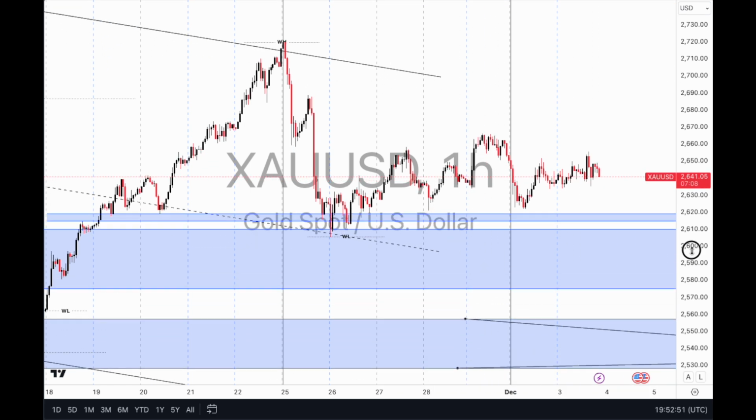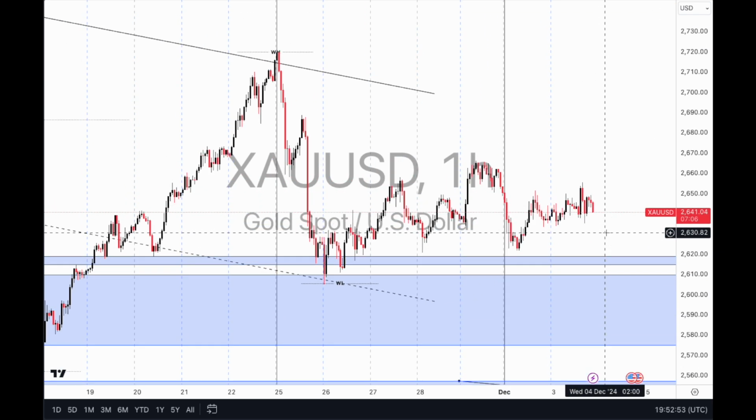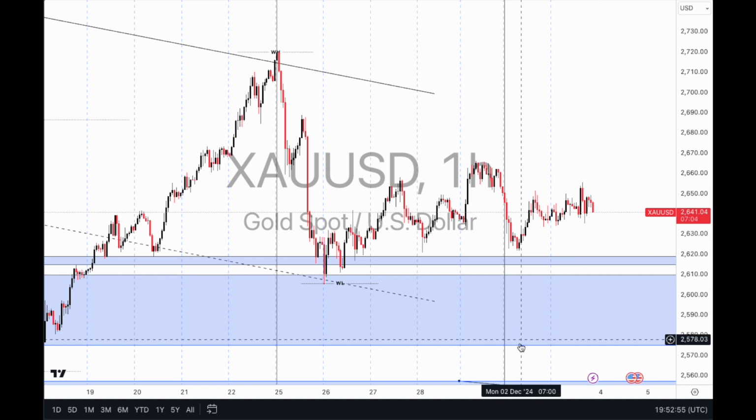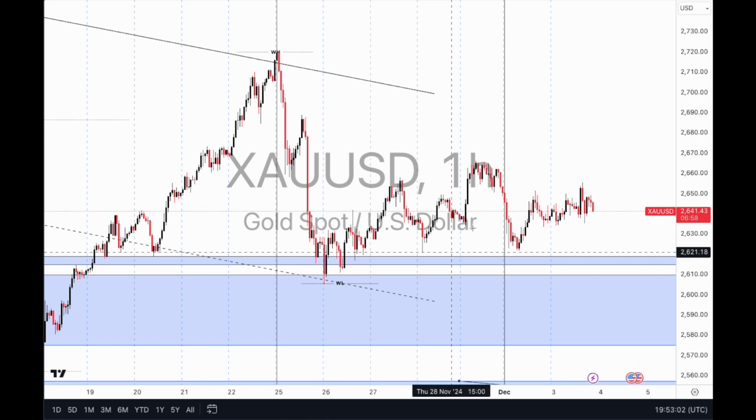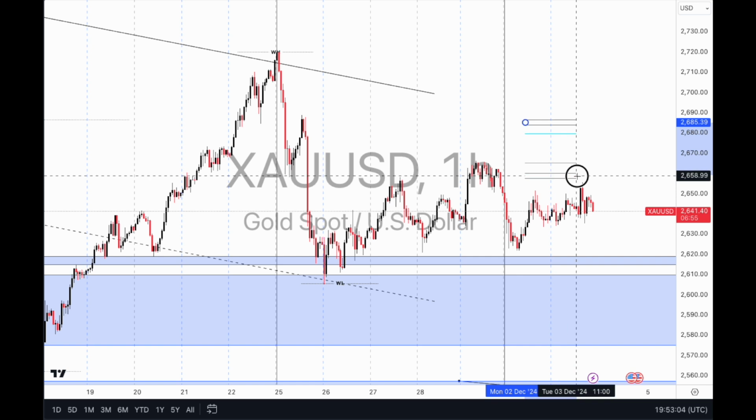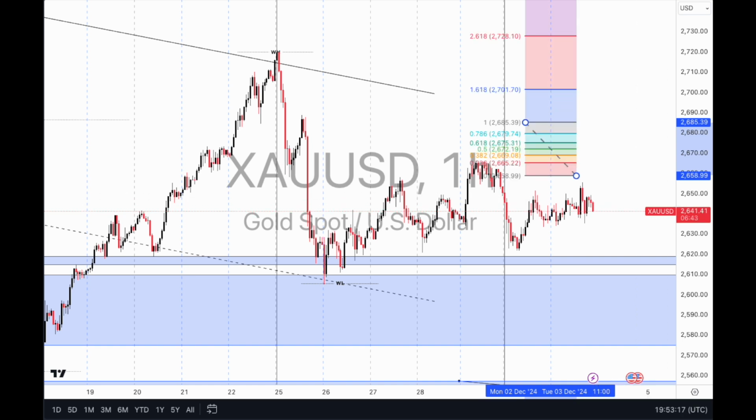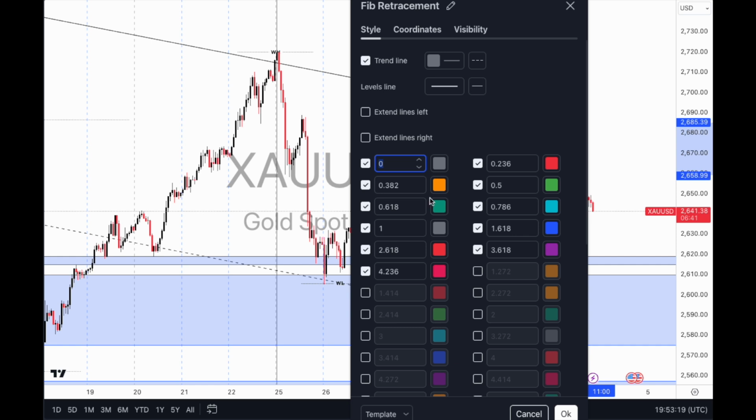And then also what I've started doing, especially when I'm analyzing the NAS, but I haven't done so on gold, is I'm going to bring in the fib levels. So let's just bring in, which one are we using? I've got so many different types of fibs. Let's apply default. Let's go into the settings, and we want to keep,